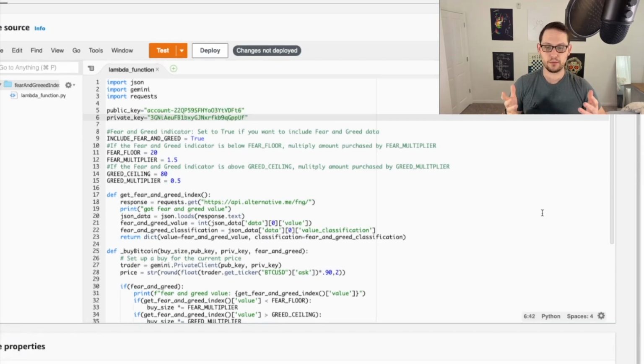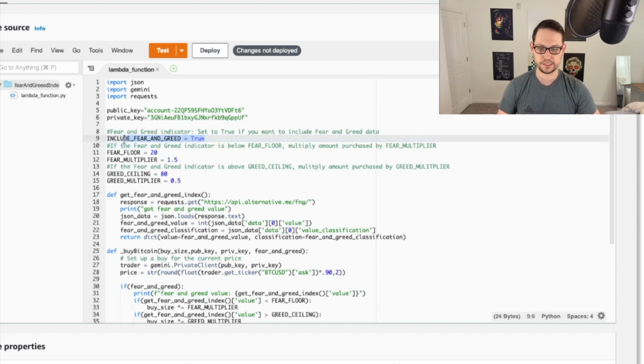So once you have your public key and your private key in there, you're ready to start trading with the fear and greed index. The first indicator that we're going to look at here is, should you include the fear and greed index? If you want to include the fear and greed index data, you're going to set this to true. If you wanted to just do a normal buy, you would set this to false. So let's leave it to true right now so that we can see the functionality of the fear and greed